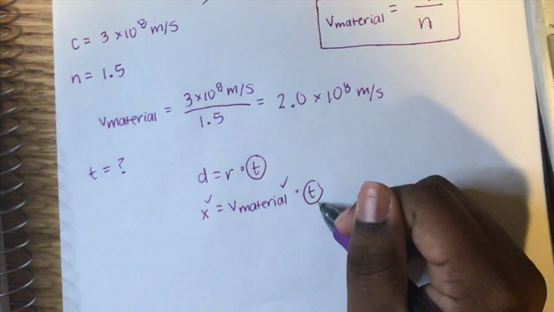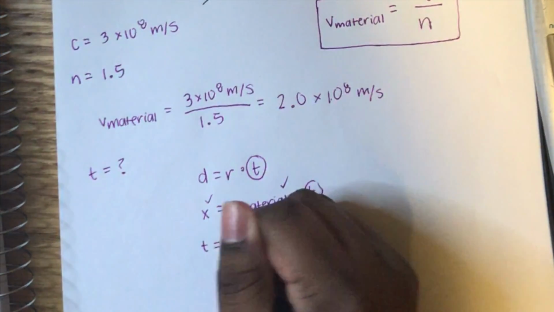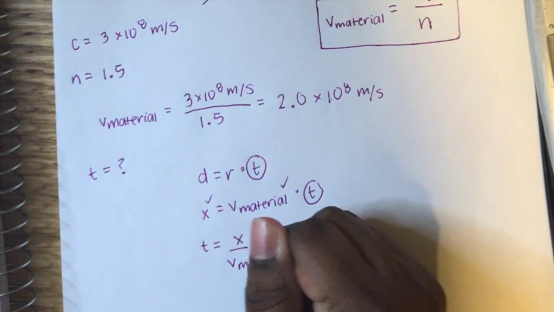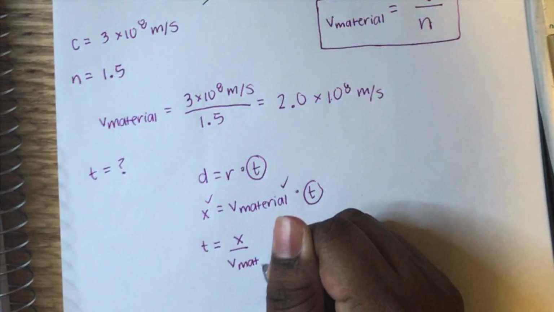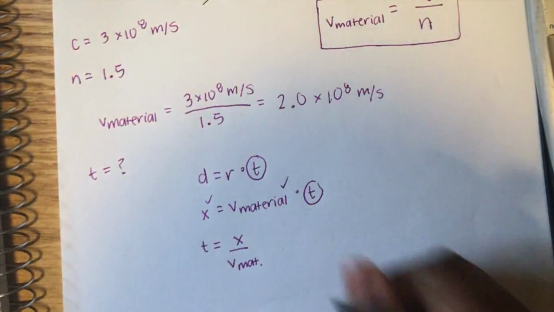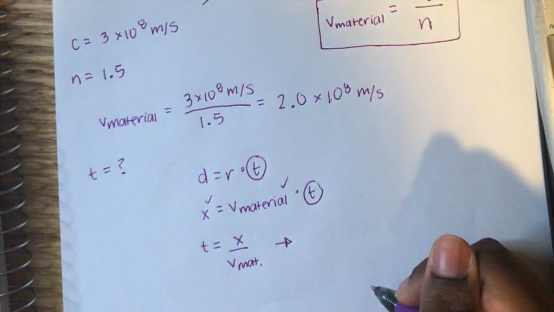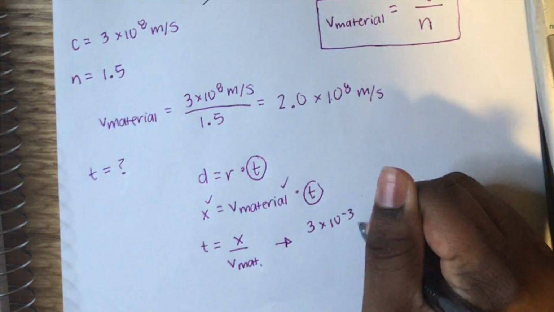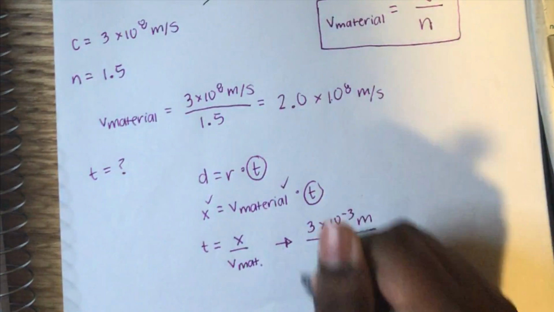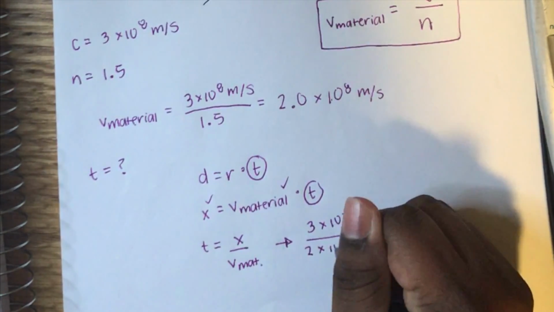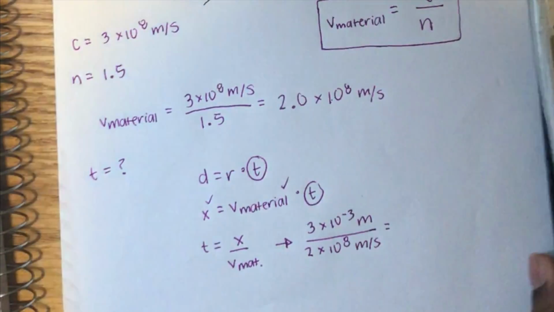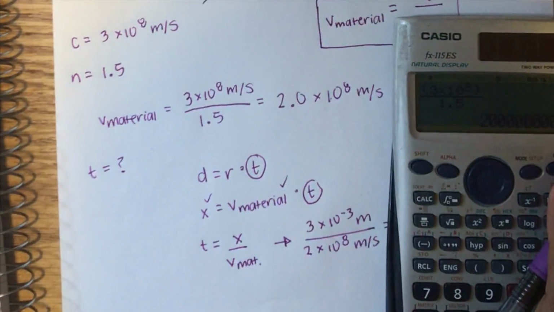So we can isolate t, and it will give us this equation, x over v of material. Now if we plug these numbers in, 3 times 10 to the negative 3 meters over 2 times 10 to the 8th meters per second, and plug this into our calculator,